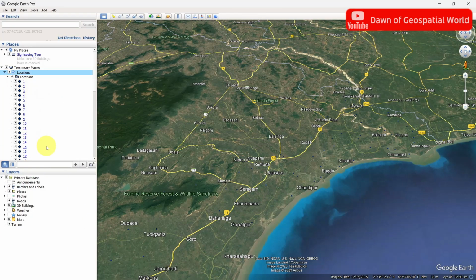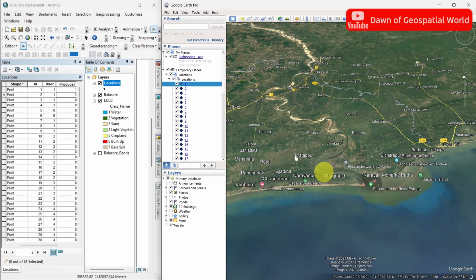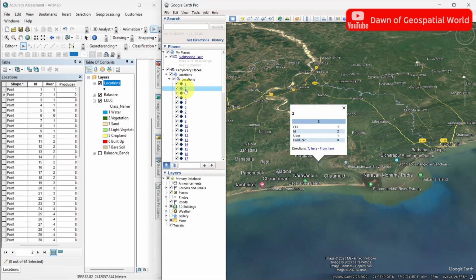Now match these points with Google image. Go to point shapefile attribute table and write the values in producer.